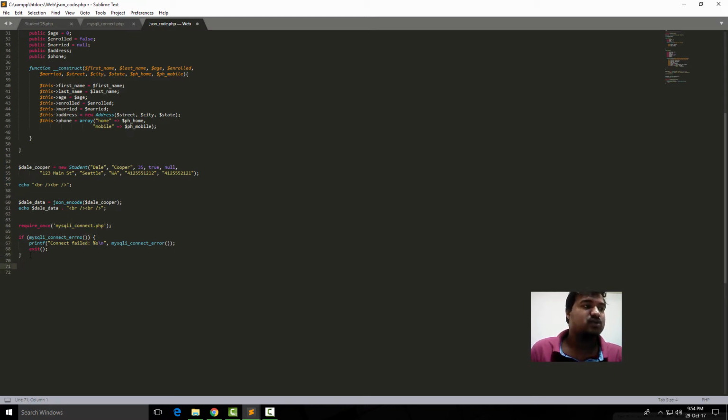Then I have to write the code for the query, restricted for student data. Query: select all from the student database, students,